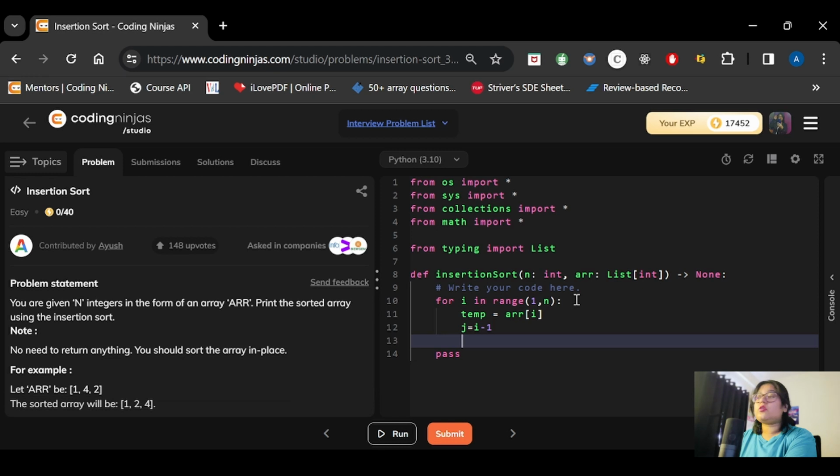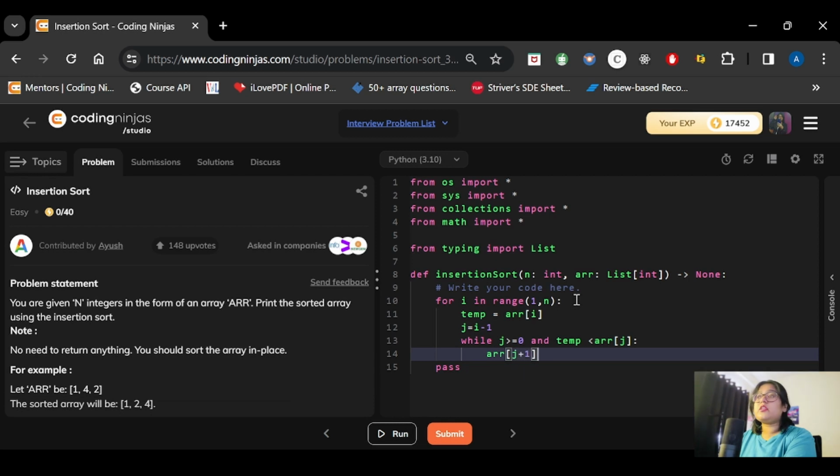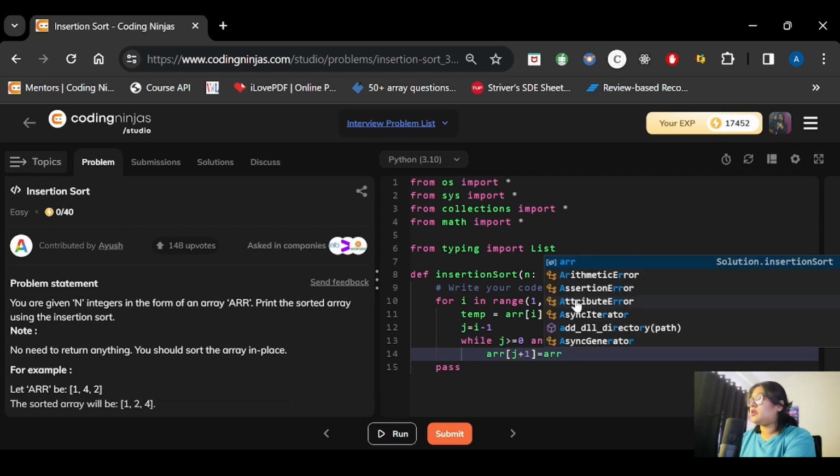After this, what we need to do, we will be starting a while loop and it will go till greater than or equals to 0, and we will check a condition if this temporary number is less than arr at j. As you can see, I am following the same thing that I said there while explaining or while dry running the examples. So now what I have to do here, at arr at j plus 1, I will be inserting the value at arr at j, right?